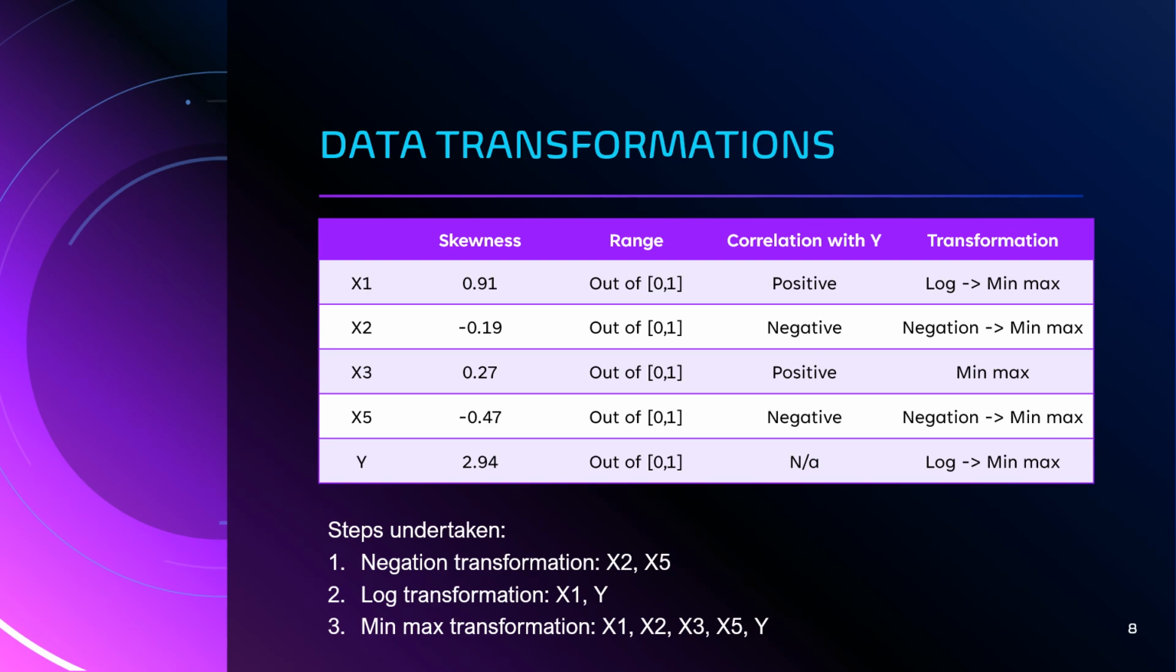So we'll drop X4 before our data transformation. As mentioned above, X2 and X5 have a negative correlation with Y. So the first step is to do a negation transformation on these variables. The next step is to handle the skewness of X1 and Y. So we'll do a log transformation for them. And the last step is to do a min-max transformation to put all of the variables within the range 0 to